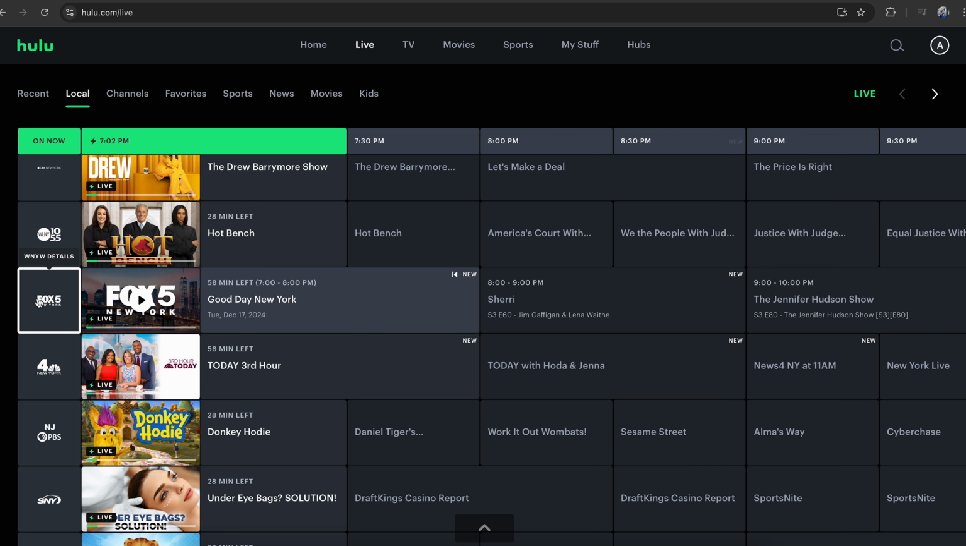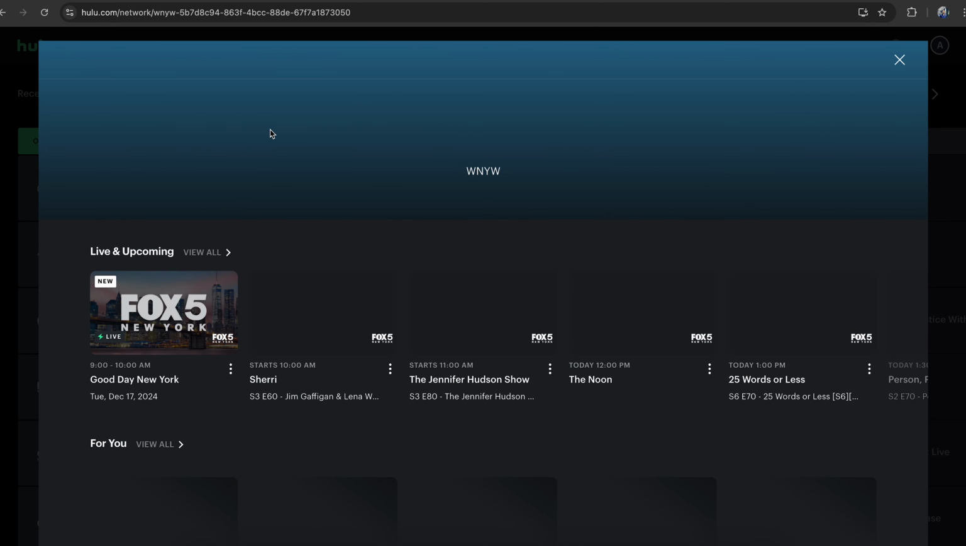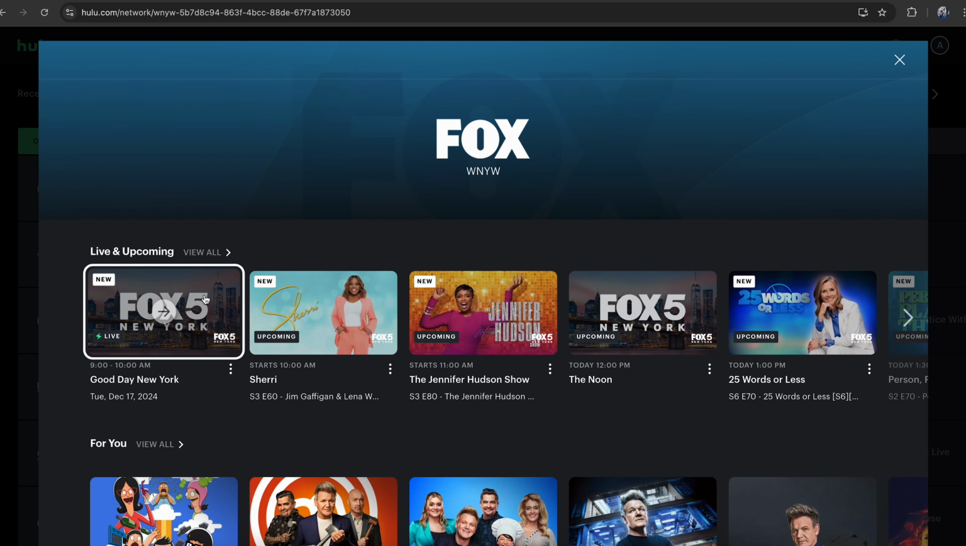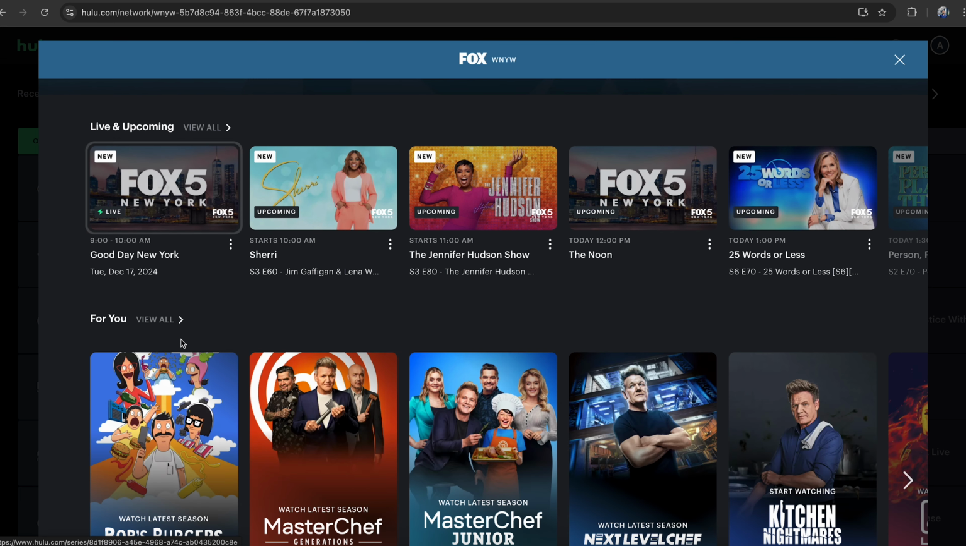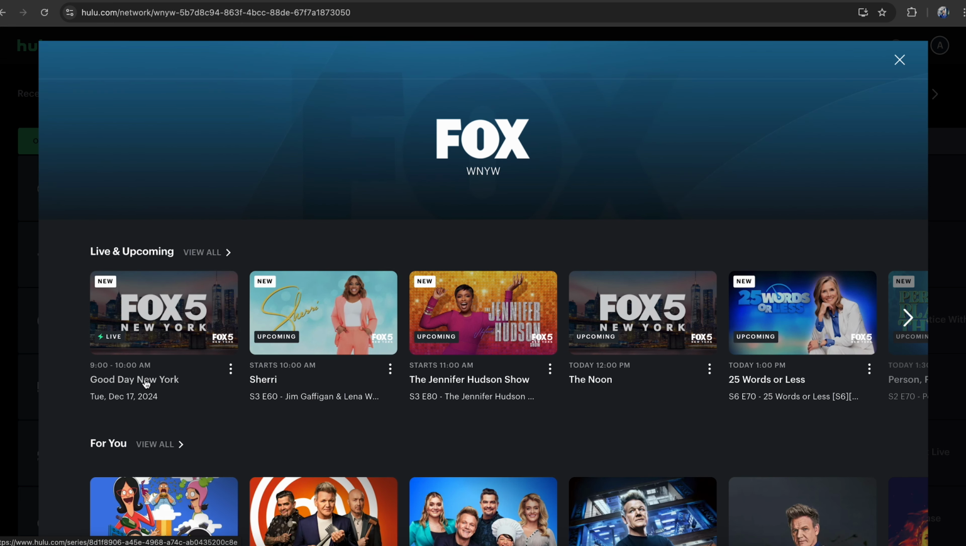For example, I opened Fox TV, and as you can see, there are different shows that are currently playing live or that are available upcoming on Fox TV. So you can watch any channel that you want to watch, and this is how you can watch local channels